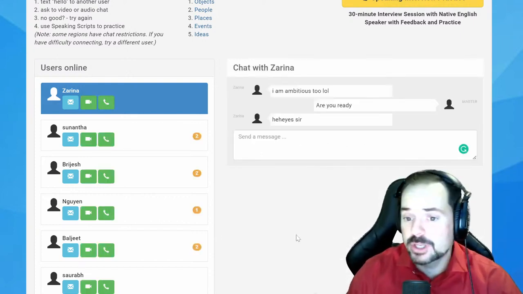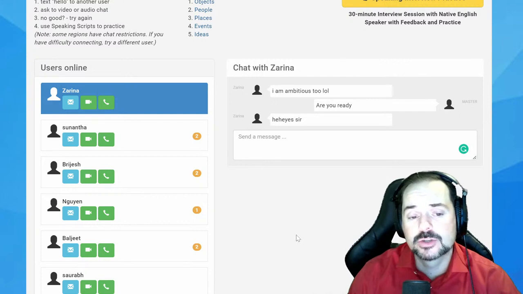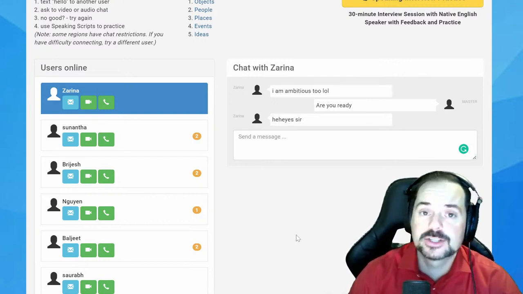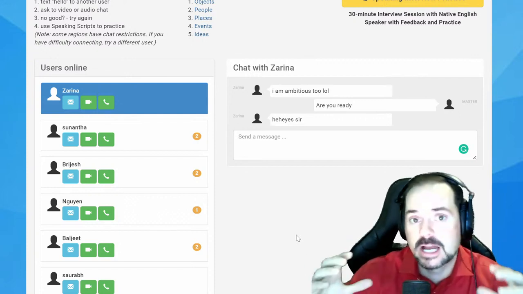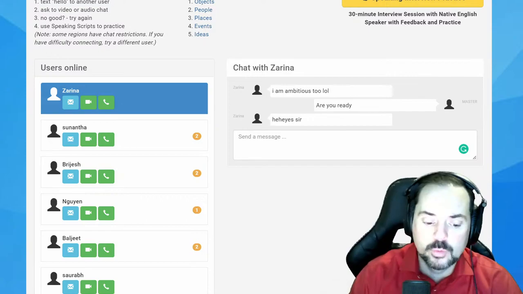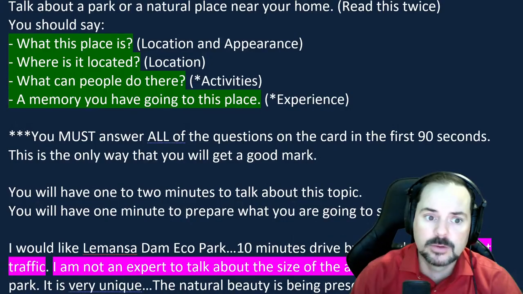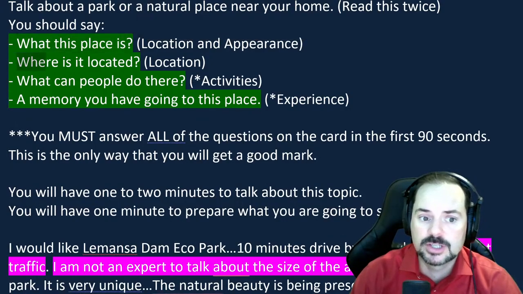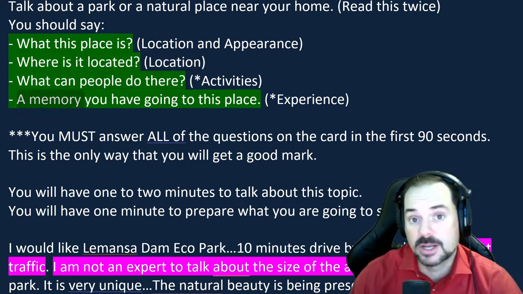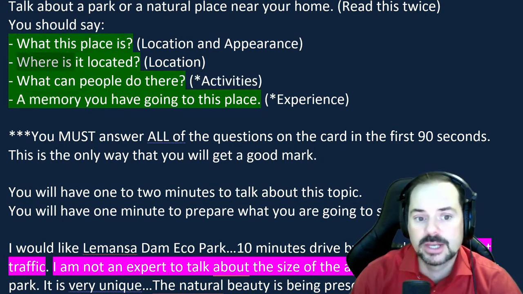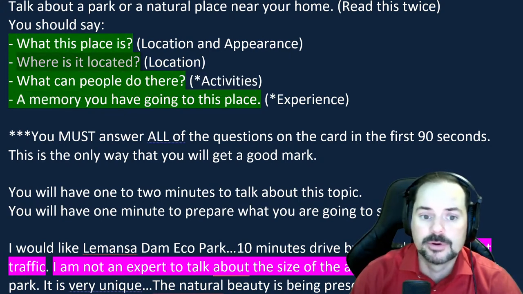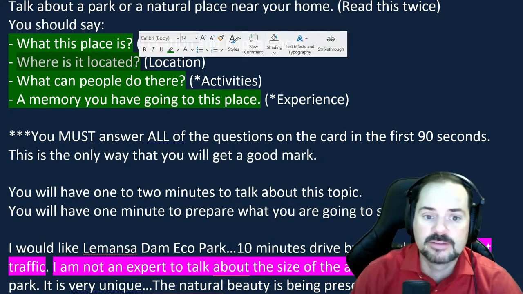All right. Tricky indeed. It's no easy task. So students, you can see from Ghazi and from Zarina that it's not an easy task to estimate that 2 minute time and to see how much you can fit in there. One of the problems that happens when you just answer the questions, like I was showing Zarina, is that you don't speak enough. So if you say, okay, I go to Mount Doug Park, it's located a 5 minute walk from my house.